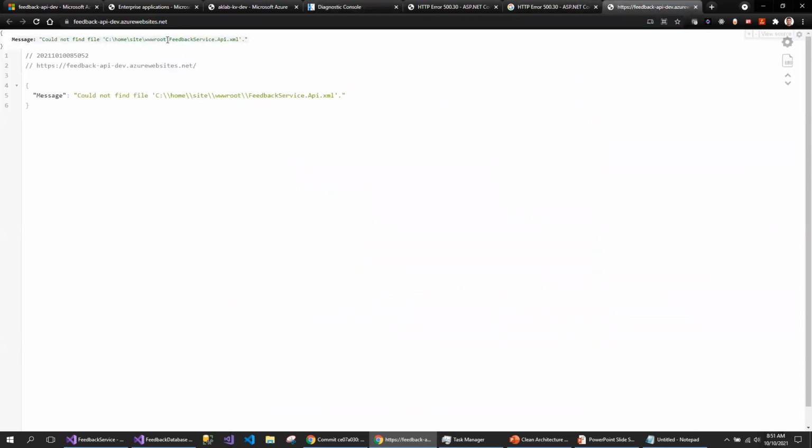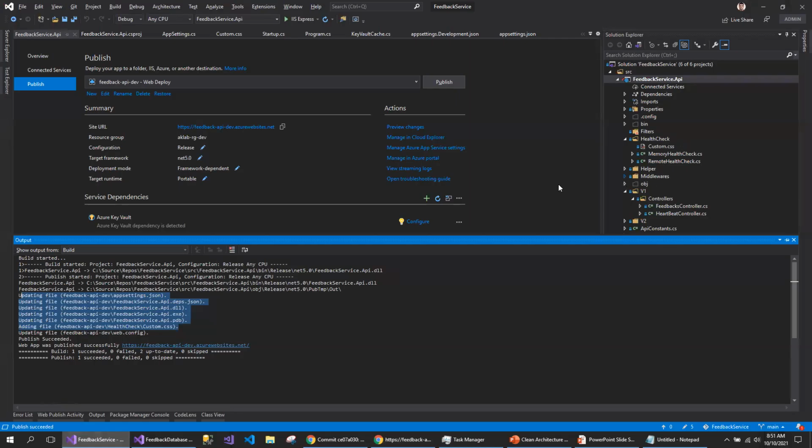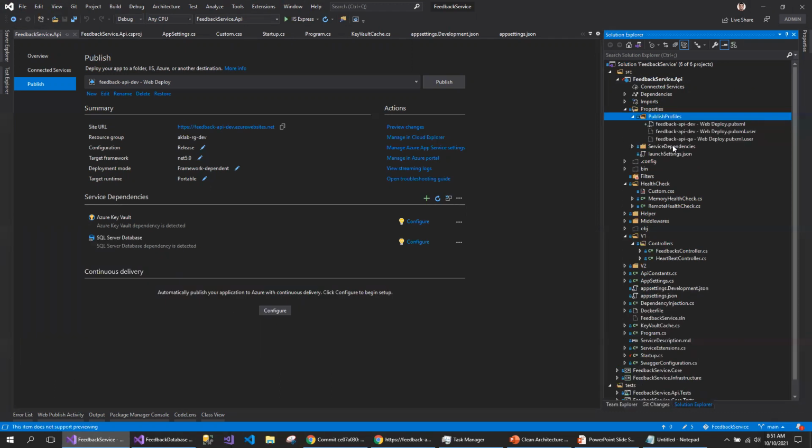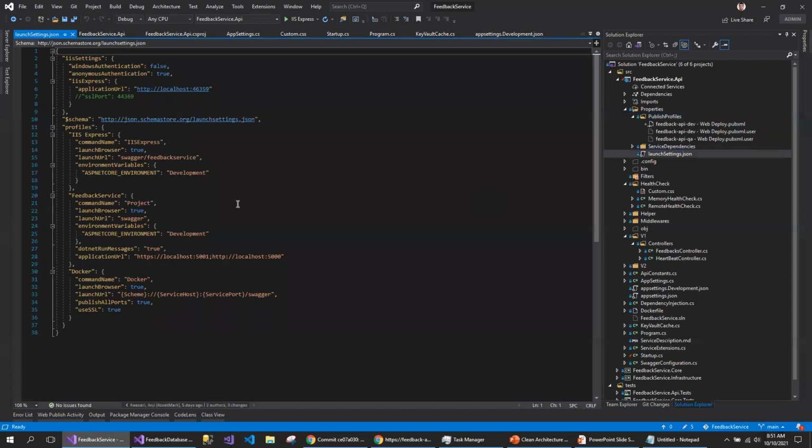This error is related to the Swagger XML file for the Swagger documentation. It says that there is no file found at the root folder when the service is trying to launch the Swagger, because in the startup I'm launching the Swagger also. If I go to the properties in the launch settings, I have given this Swagger feedback.